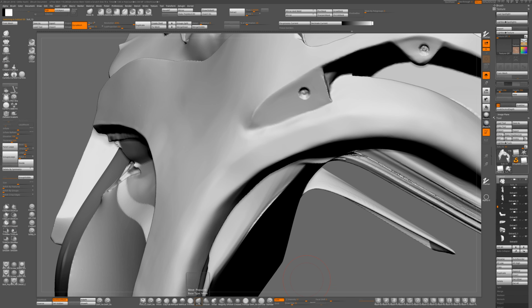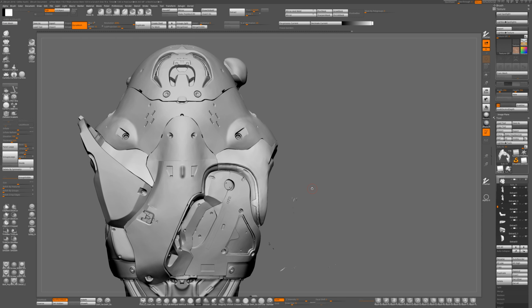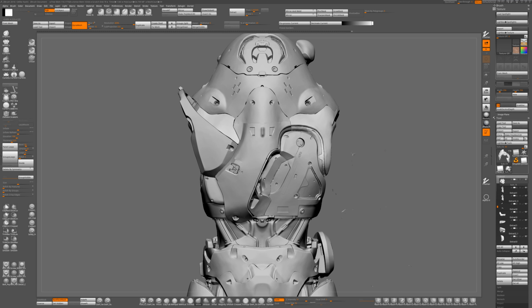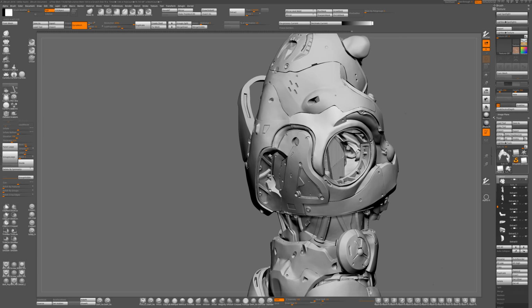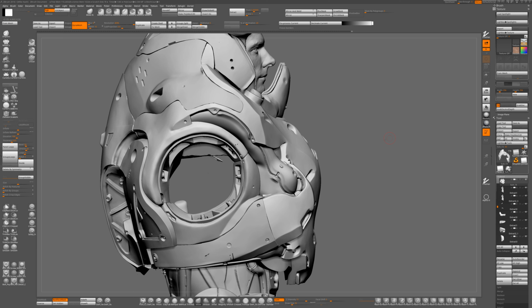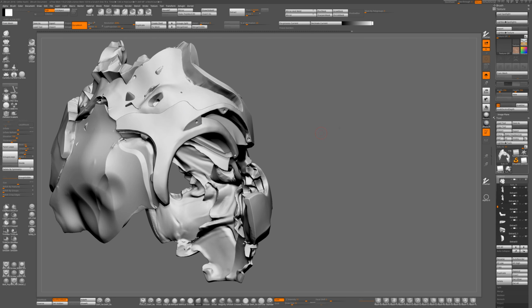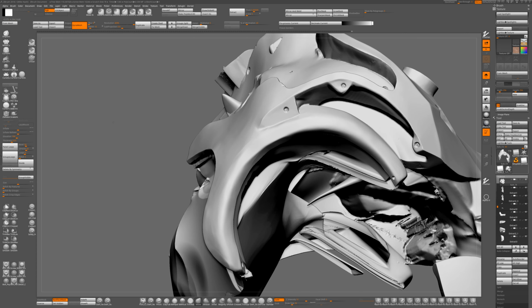You could clean this up really clean if you wanted. There's a certain level you could get it clean to, a point where no one could tell what methods you used to actually make it. But that takes a whole other level, and it really depends if you find that quicker than rebuilding topology. But I wanted to show you can get it pretty clean to a level of 80% or so,